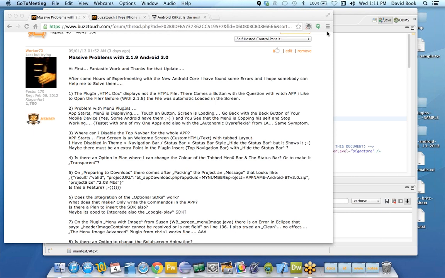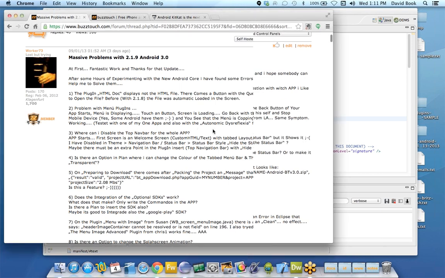So I want to talk about this stuff. Massive problems with 2.1.9 and Android 3.0 suggests to me right away that these two components, in this person's opinion, are directly related to each other and directly working together. So if there's problems with 2.1.9, which is the self-hosted panel, then maybe this new project, Android 3.0, also has problems. And he goes on and lists about 14 different concerns and questions that are kind of